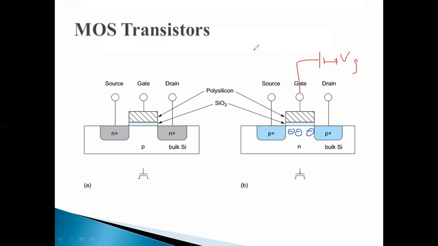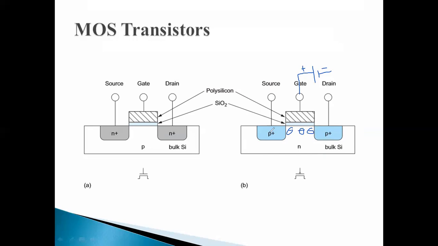Whereas with respect to this n-type bulk, electrons are the majority charge carriers, and here and there we will be seeing some positive charge carriers as well. Now let us assume that the gate is made positive, as I told you previously. So when the gate is made positive, because electrons get settled beneath the gate layer, there will be no connectivity between the source and the drain, because